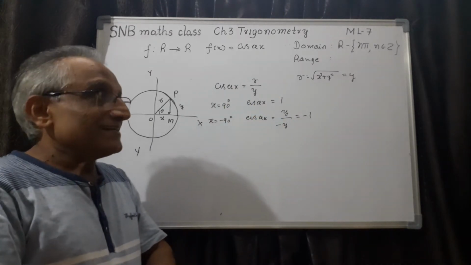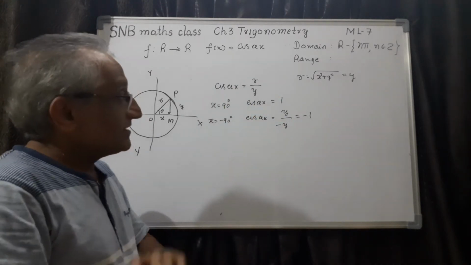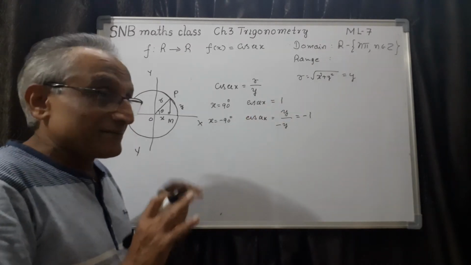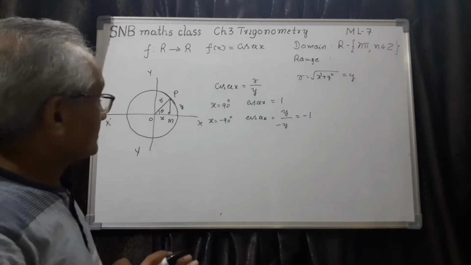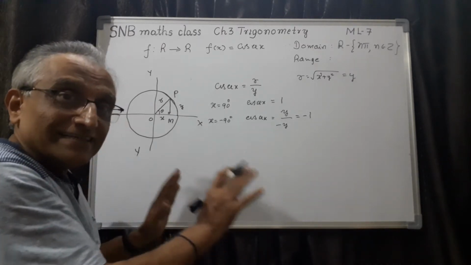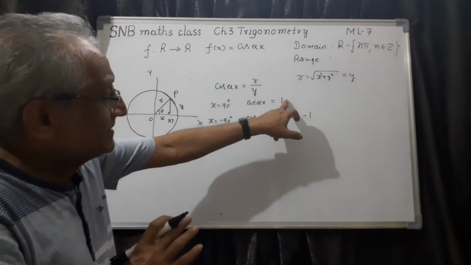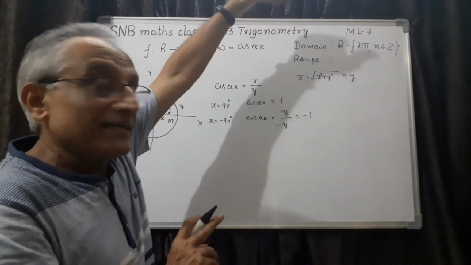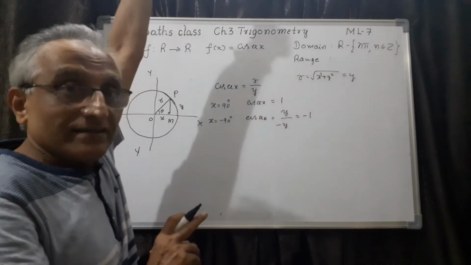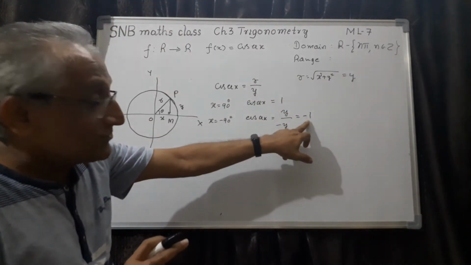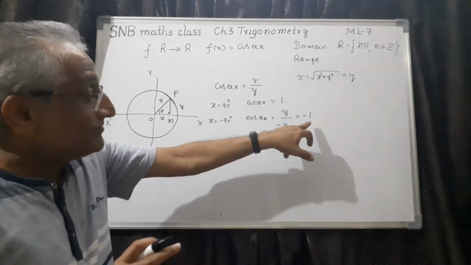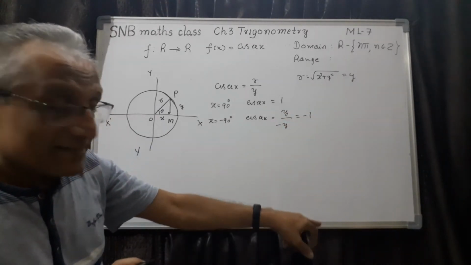Now there is a danger of oversimplification. You may think that it is between 1 and minus 1. You are wrong, so you have to wait. These are the two branches actually. See, 1 is the minimum positive value it can take, and it can take any other positive value up to infinity. Here minus 1 is the maximum negative value it can take. It is a maximum value, not minimum, and it can take any other negative value also.